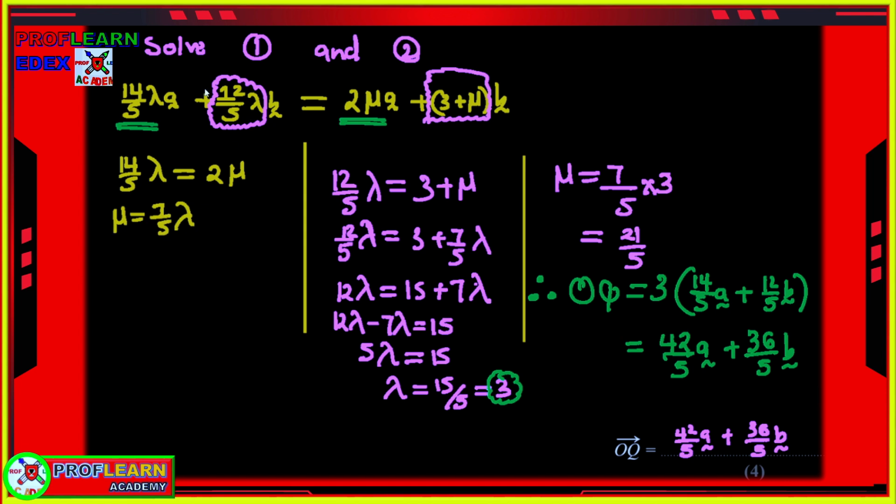Then also we're going to equate those coefficients of B. So we shall say 12/5 lambda is equal to 3 plus mu, so that we can also substitute. Now once we have equated this part, we have another equation, which is this one here. So we can substitute mu into this second equation so that we can solve. Now when I did the solution, I got my lambda being equal to 3, and the mu I got it as